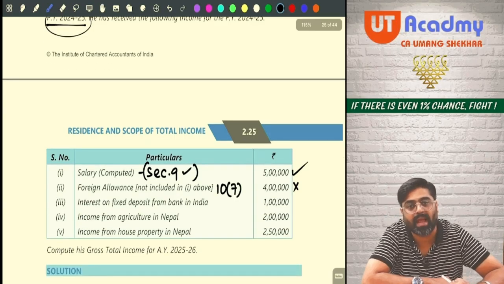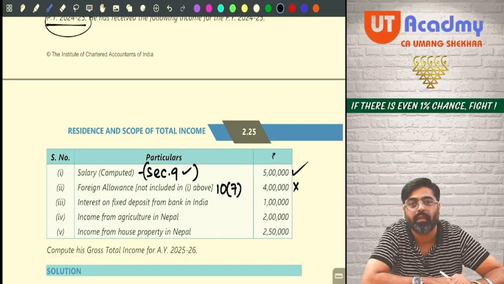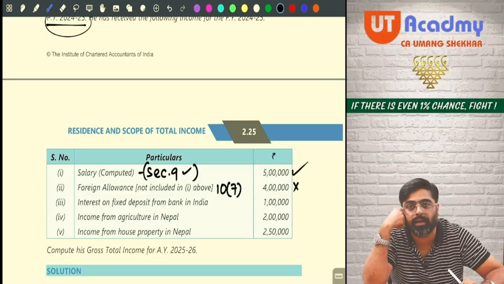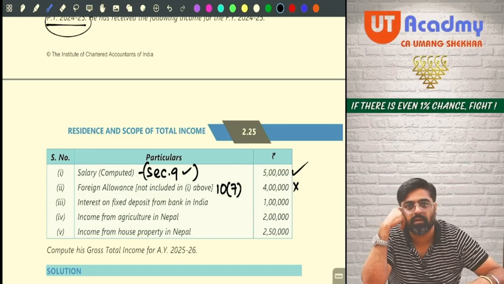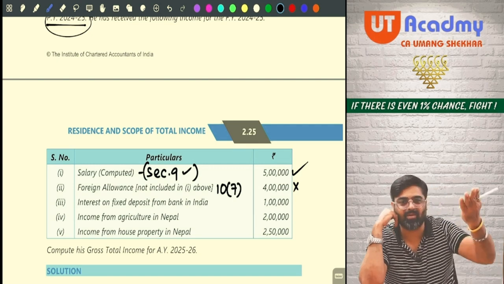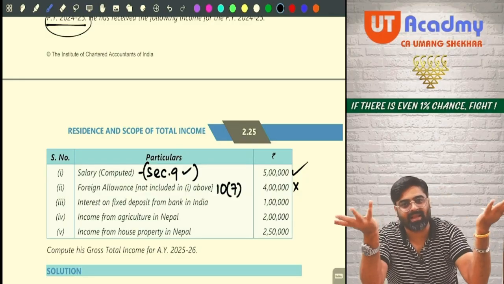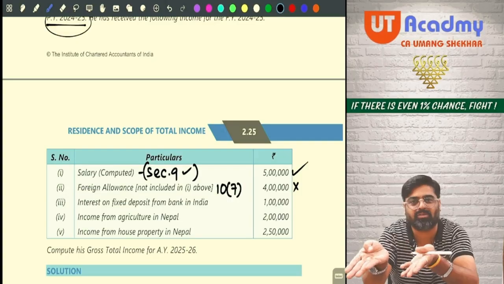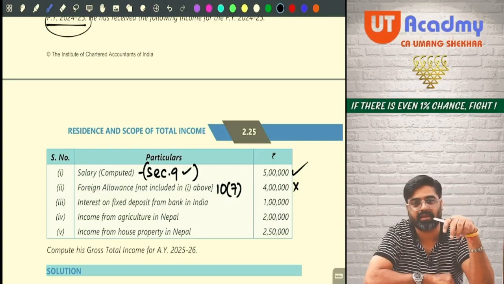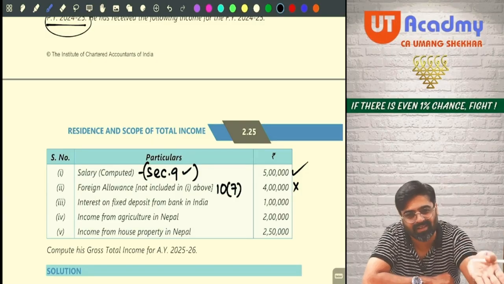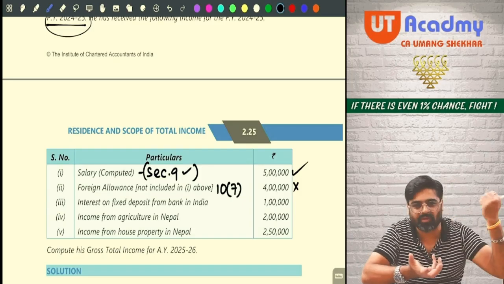Interest on fixed deposit from bank in India. Oh my God, bank is in India. And in that bank you have kept FD. And from that FD, if you are earning interest, can I say interest is accrued in India? Are they saying that this interest was received outside India? If nothing is mentioned, it is received in India also. What if it was received outside India? Still, it is Indian income only, because the bank account FD is in India. That's it. Income is accruing from India.